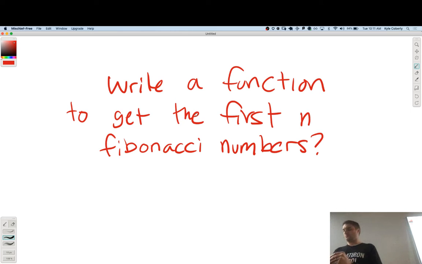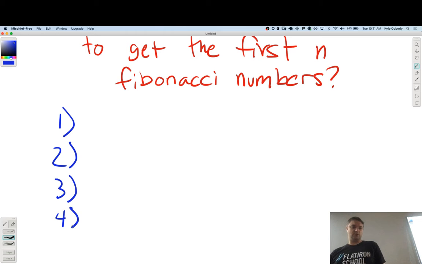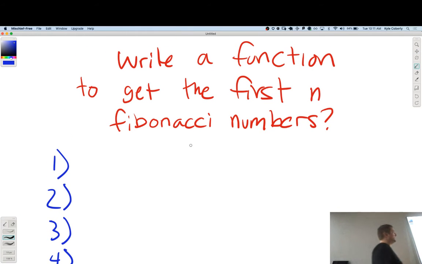So let's go through our 4 steps on this and outline what the approach is going to be. I'm asking, what's step 1? Repeat the question and clarify the question. So what are some clarifying things that I might want to ask about this? What n is? Sure. How many numbers they actually want? I'm thinking things like that.